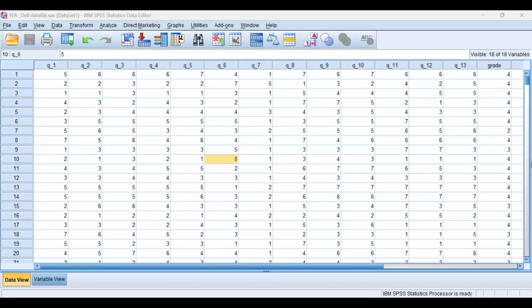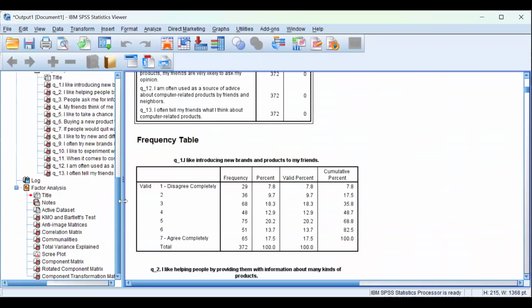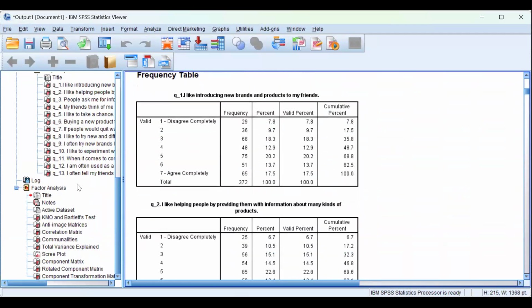Let me share the output sheet with you. Now, if you look at this,